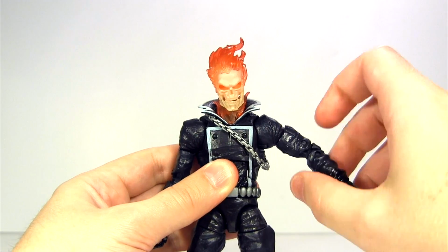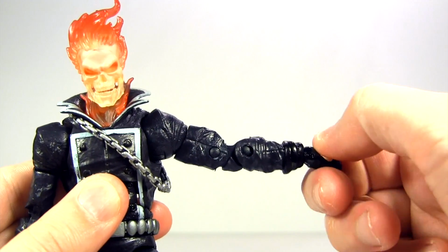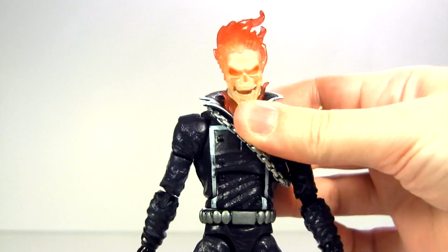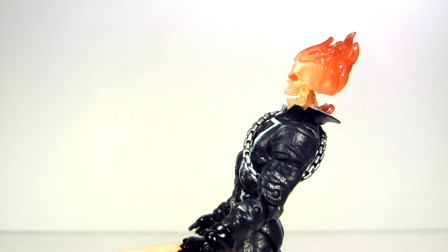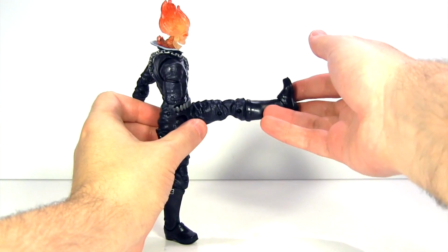Then there's upper arm rotation, a double jointed elbow. Then at the wrist, it rotates and it's also hinged, moving down and up. There's waist rotation, then he has an ab crunch which moves this far forward and then this far back. At the hips, the legs move out to the side, not particularly far, but they move a decent amount forward